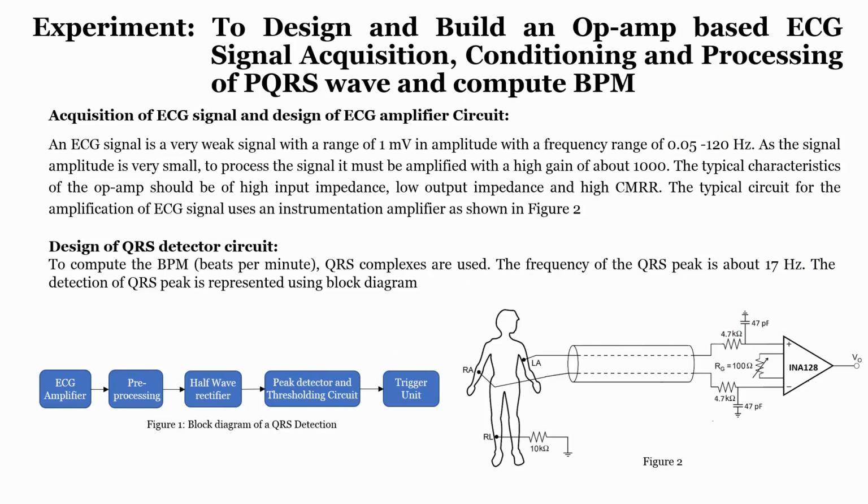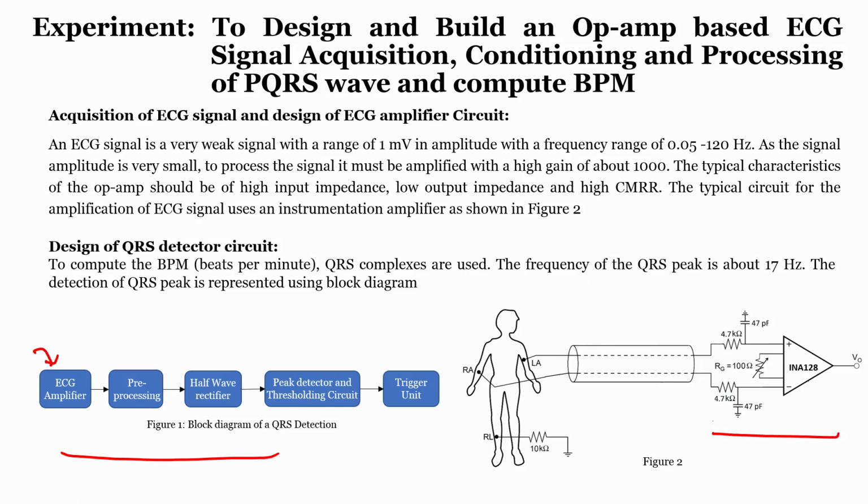Now, how do we acquire an ECG signal? When we look into figure 2, first we will see how exactly we do our complete processing by representing it in a block diagram. First, to the patient's body, we connect ECG electrodes, and by using connecting wires, ECG wires, connect them to an instrumentation amplifier.